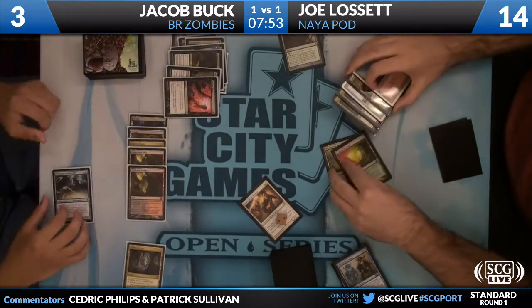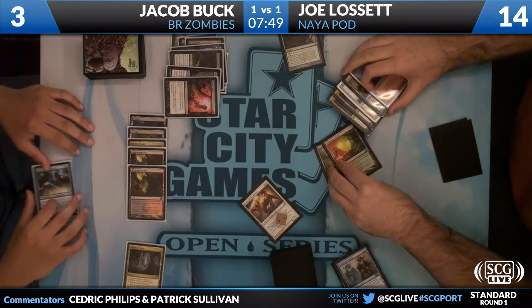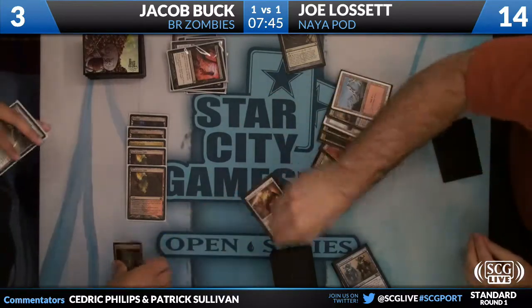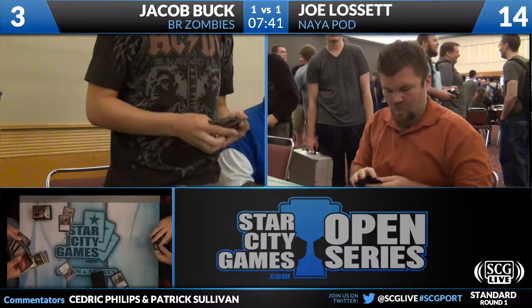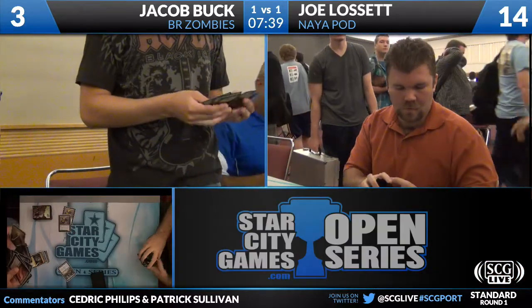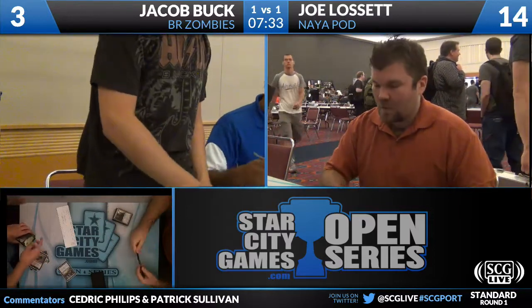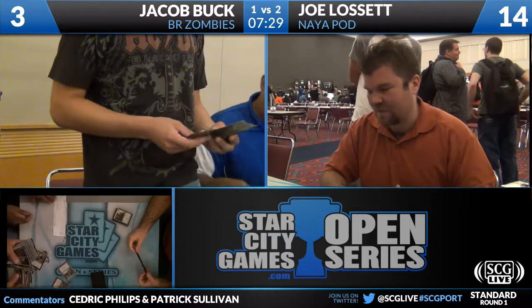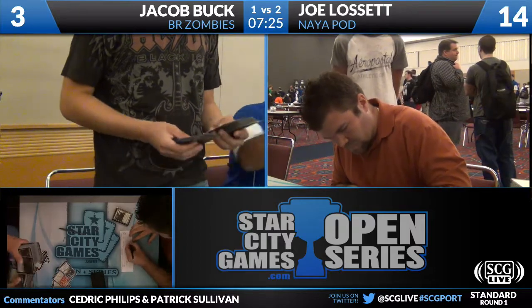If I have my math correct, ending life totals of this Killing Wave should be Jacob 6, Joe down to 7, and then he has the 5/4 Slayer. Thragtusk is going to make it a 6/5, and that's going to be exactly lethal. Right. So as long as he didn't screw up the math there, he's going to be okay, and he got it figured out, and so he takes the game down. So Joe's set 2-1 over Jacob Buck with his Naya 4-color pod brew. Yep. Blade Splicer strongly correlated to victory against the